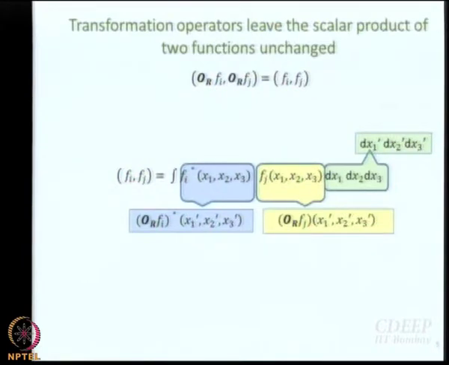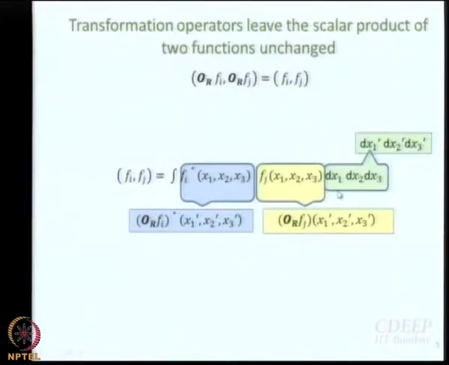That when we work with a volume element, it does not matter if I write dx1, dx2, dx3 or if I write dx1 dashed, dx2 dashed, dx3 dashed. Volume element, very small volume element, they are the same. So, without any prick of conscience, I can write dx1 dashed, dx2 dashed, dx3 dashed instead of dx1, dx2, dx3,